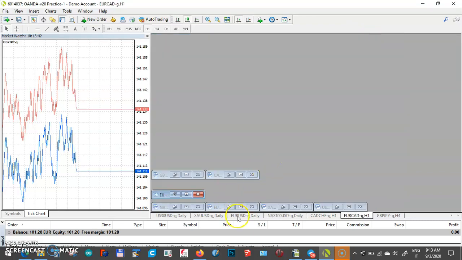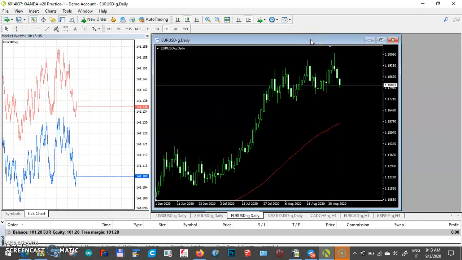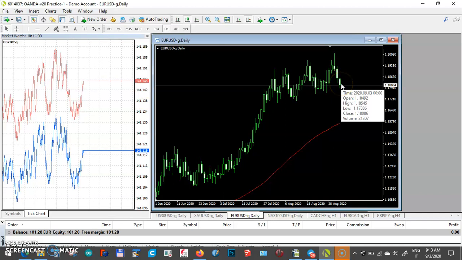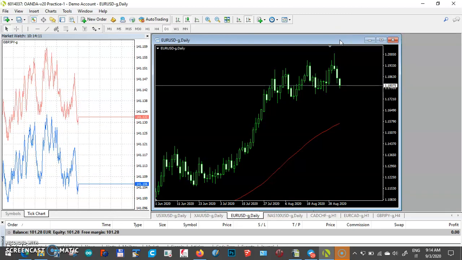And I'm going to see my main market, that is the EURUSD pair, and we can see that yesterday closed negative and today started negative. Now it's 9 o'clock for me in Italy, and the London session has already started. Now I'm going to see what's going on in the lower time frame,